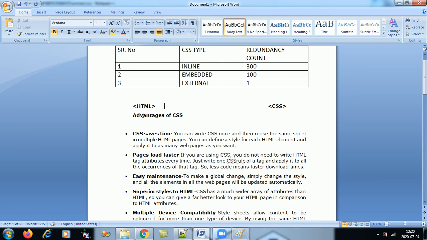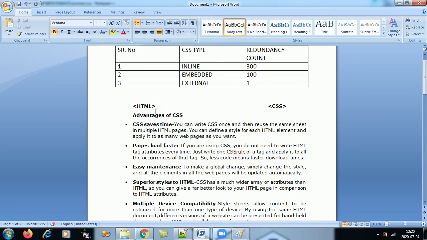They are different. HTML takes a lot of time because you have to code it exclusively. But in CSS, you can just write once, as in external CSS, and that once can be used across all the million pages. Pages will load faster naturally when the lines of code reduce. The program will become smaller in size, so it will naturally load faster.